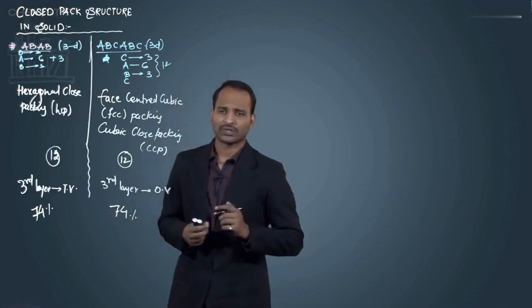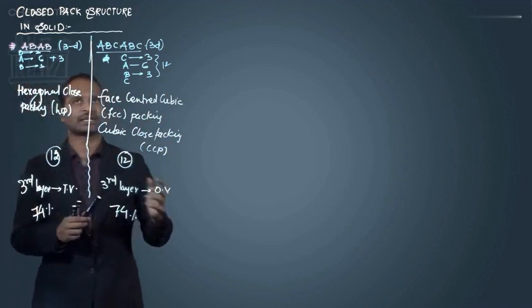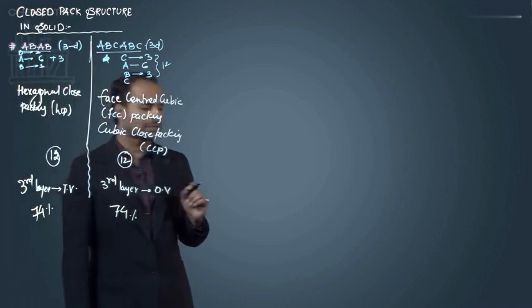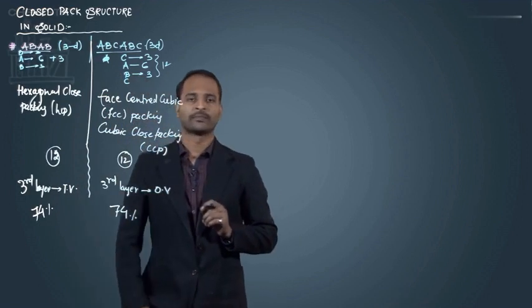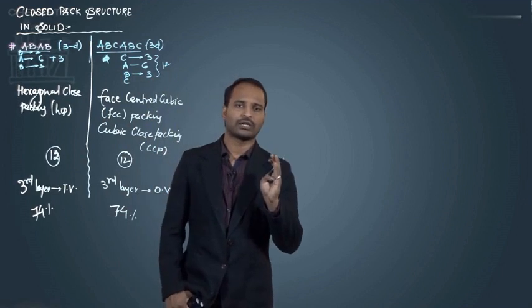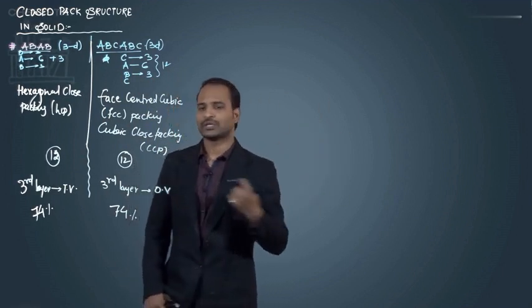Now in a close packed structure in a solid, there is a very important note that, as I said, in case of AB type packing and ABC type packing, we are getting two voids, that is a tetrahedral void and an octahedral void. So there is a relationship between the number of spheres, the number of tetrahedral voids and the number of octahedral voids. Suppose in the packing, n number of spheres are involved,